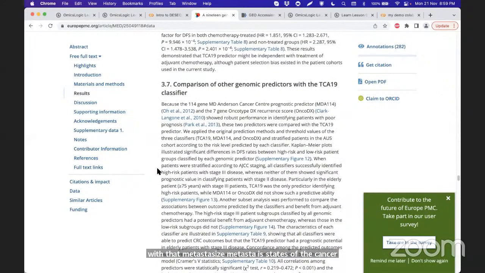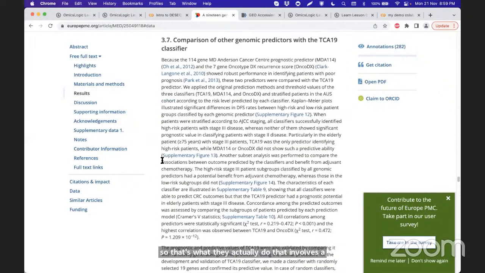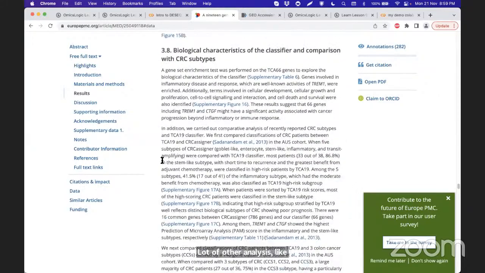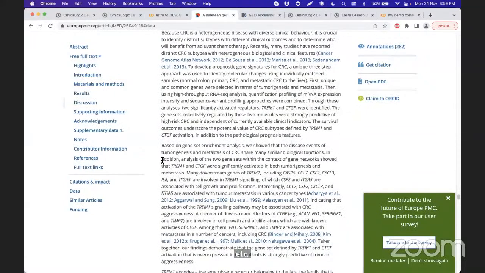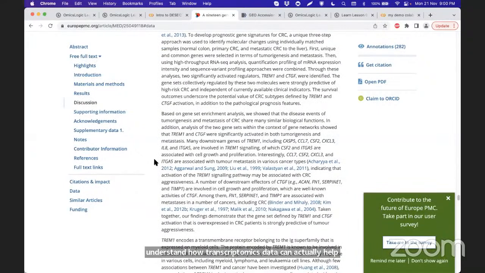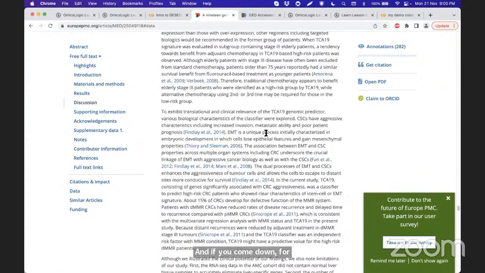That involves a lot of other analysis like survivability analysis and etc. So this is an excellent paper to go through to understand how transcriptomics data can actually help us characterize the genes based on their involvement in tumor progression, right? And if you come down, for example, in the data page, right, it's also available here